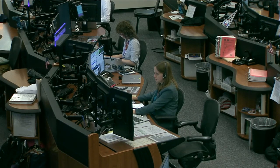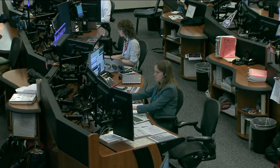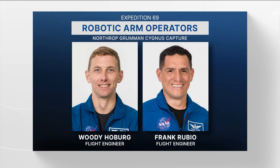NASA astronaut Woody Hoburg is prime for Cygnus's capture today. He was launched to space on March 2nd, 2023 as part of the Crew 6 mission. Next to him is NASA astronaut Frank Rubio. He just celebrated his 300th day in space on July 18th. He is one of only 4 American astronauts to surpass 300 days in space on a single mission. Those other astronauts are Scott Kelly,